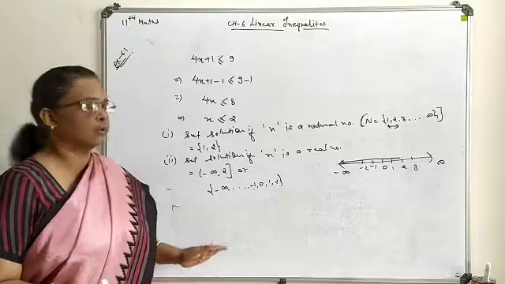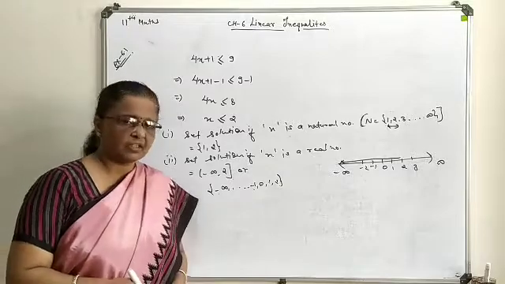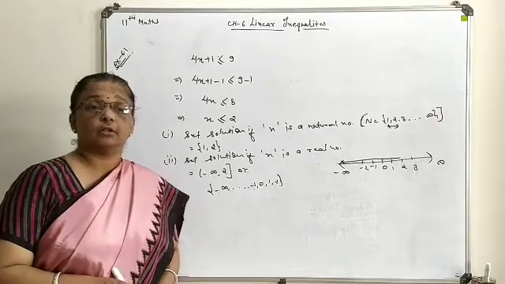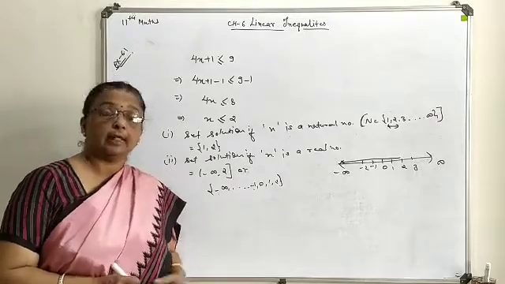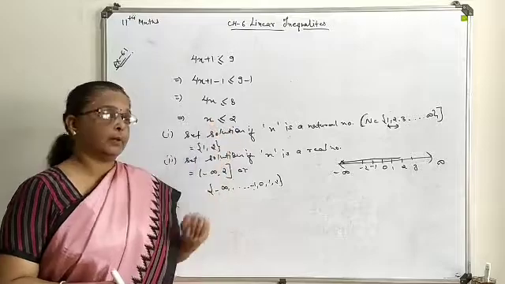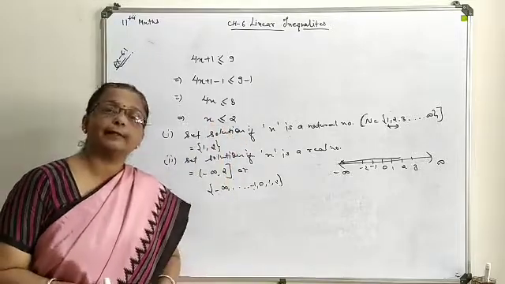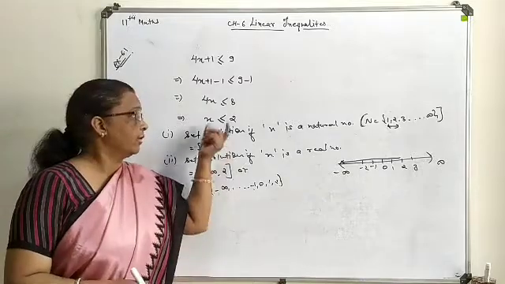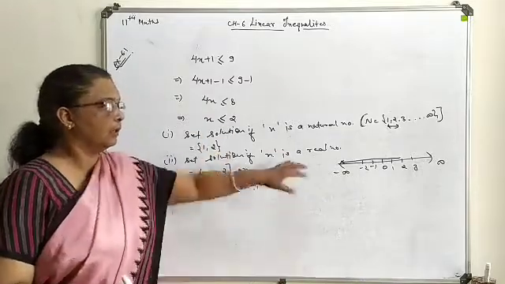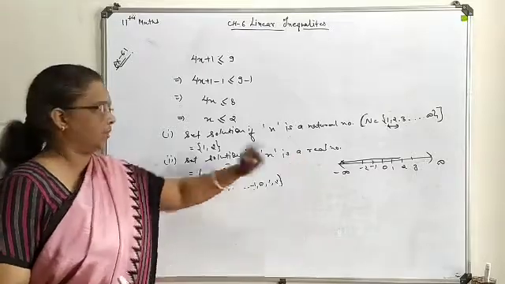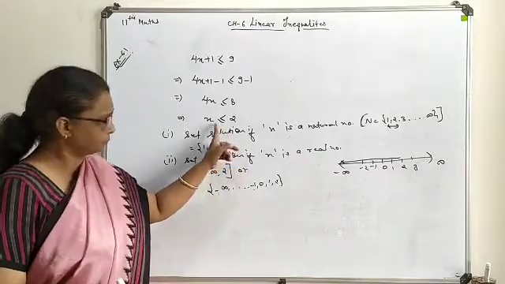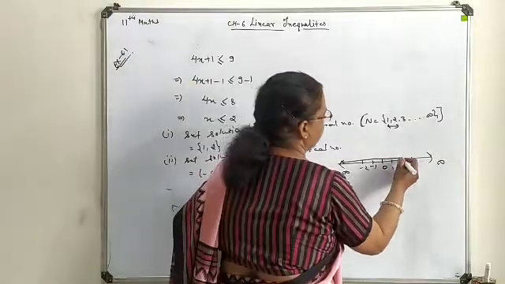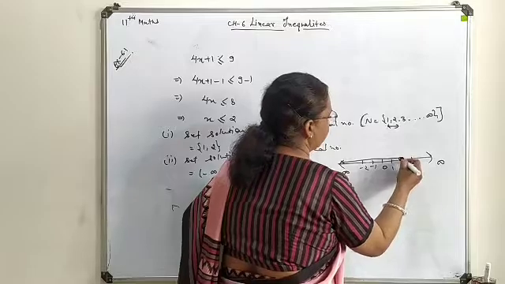So this way questions are to be attended as per the combination. Now one more thing, it may be asked that you define your solution or represent your solution graphically. When you are talking about a linear combination, it means a single answer form you are discussing here. So when you are talking about a linear combination, this way you have to represent your answer. When you have the equality sign, at this particular number you will make a dark circle, otherwise you will make a hollow circle.